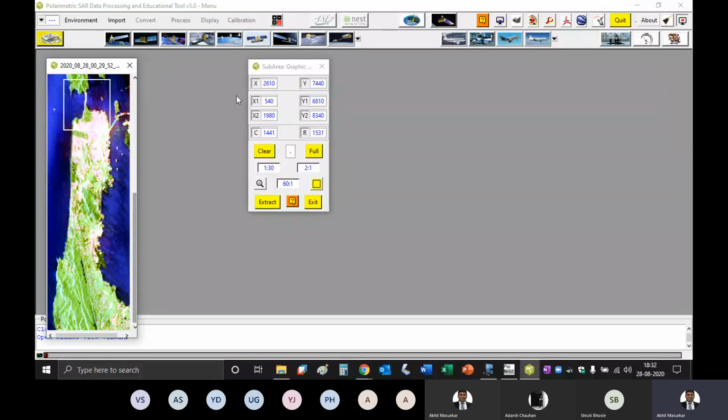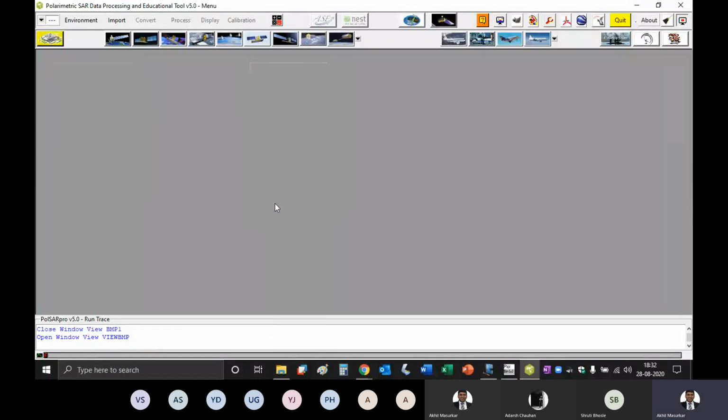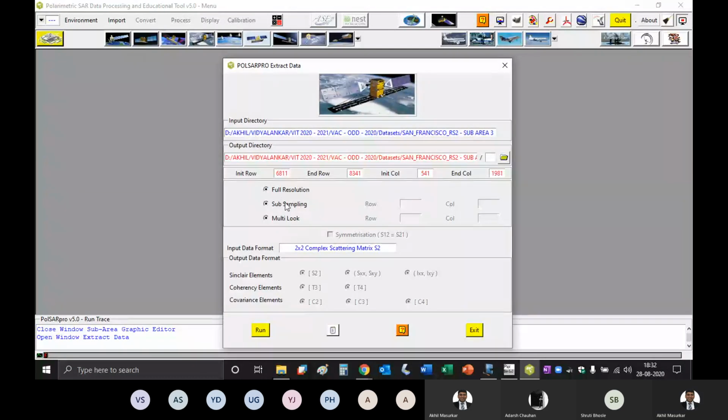Let's take this much of area. You can see that I have taken that area. Okay, and then say extract. So we can go to multi-loop and just say here 2 and 1.